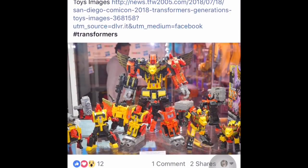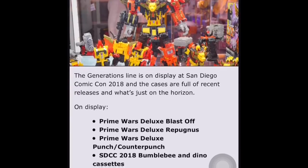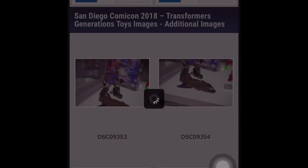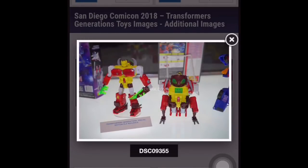The last of the Prime trilogy figures. I've done Predaking, and I'm not getting Blast Off. Sorry, I already have the Unite Warriors. I don't really need another one. I don't own the Hasbro version of Bruticus, so this is one that's curious. I'm a bit curious to find out if it's really. I mean, you guys know how I feel about the mold. This is the Twinferno mold, or I forgot the Japanese name, but the